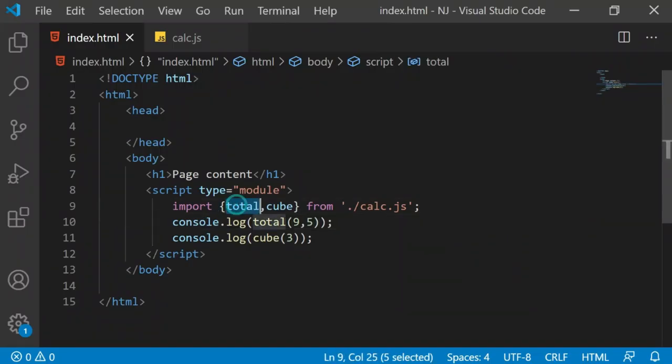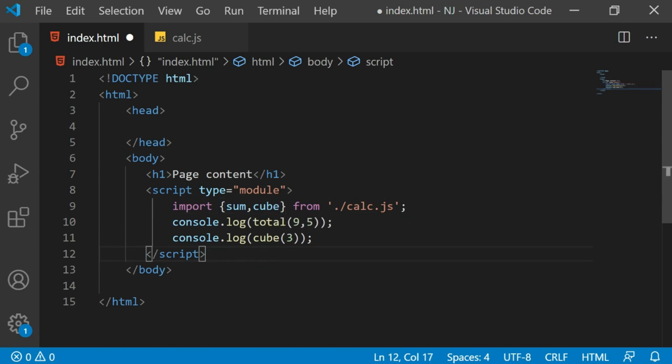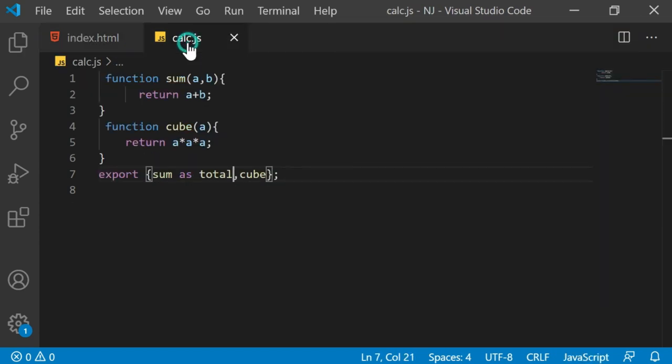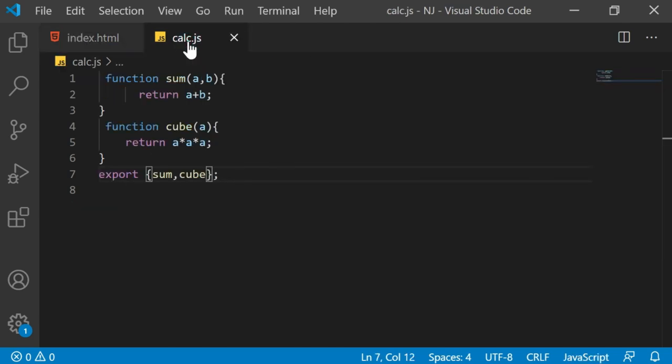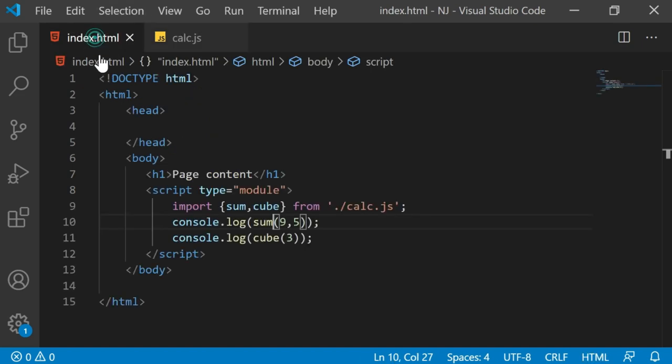Now let me just change this back to sum, and here also I'll just say that I want to export the sum. Next thing is, when you import the named exports, you have a choice. Assume that you have multiple exports here. Now you have a situation where you want to import all the modules which are exported by calc.js.